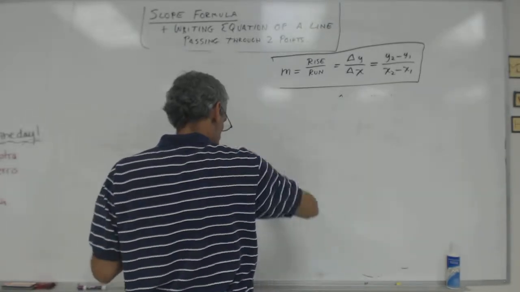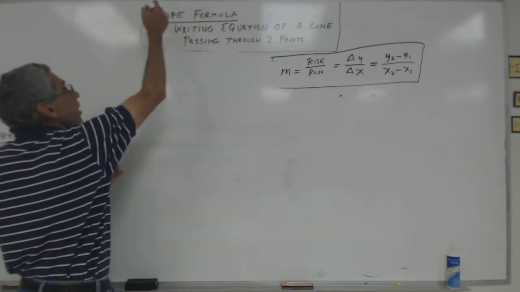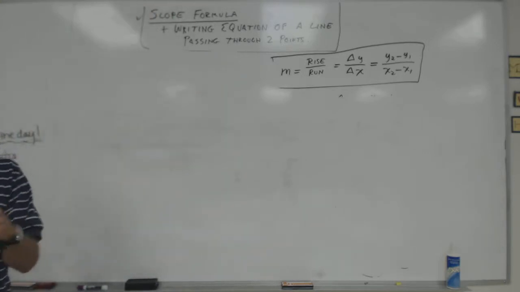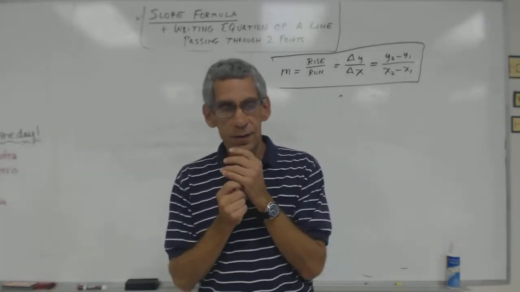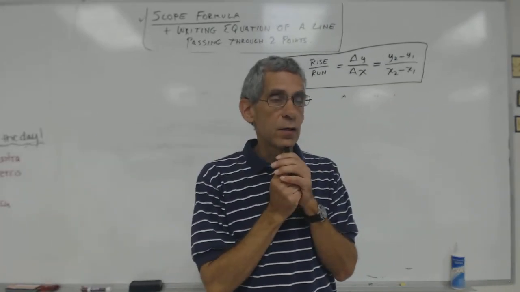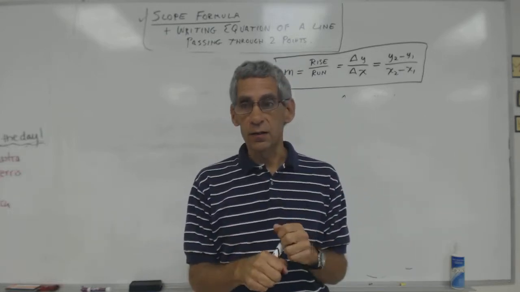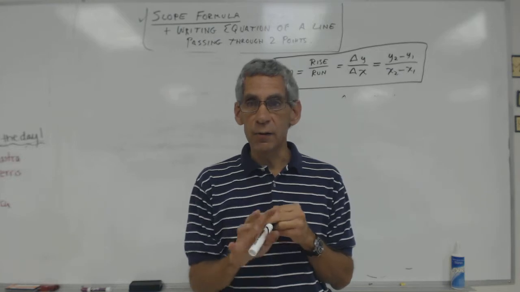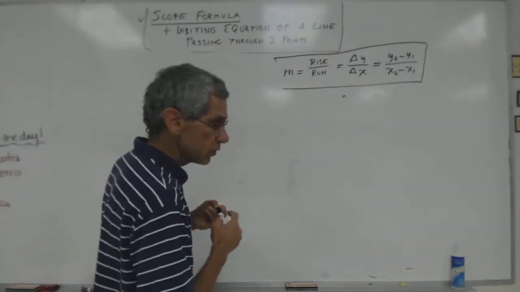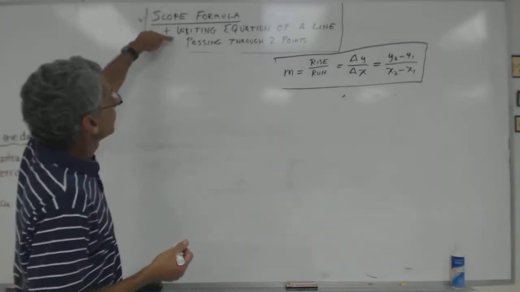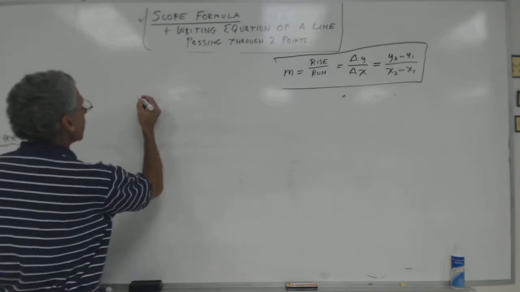Okay. So that's that. Now, we basically talked about the slope formula. So what is the slope formula? Everybody together. M equals the change, yeah, right, rise over run, but also the change in y over the change in x, right? Everybody has that down? Does everybody have that memorized already? For sure, because you have to have that memorized. You have to know that. Okay, so now we're going to talk about the second one, writing an equation of a line passing through 2 points. All right, so